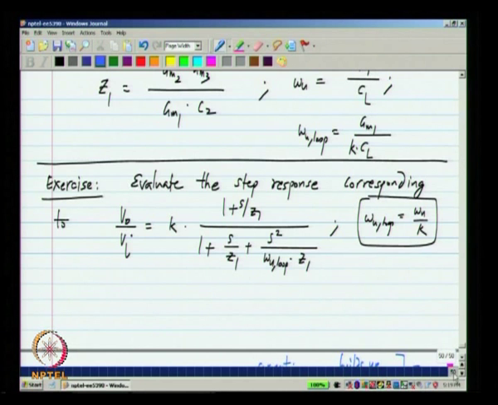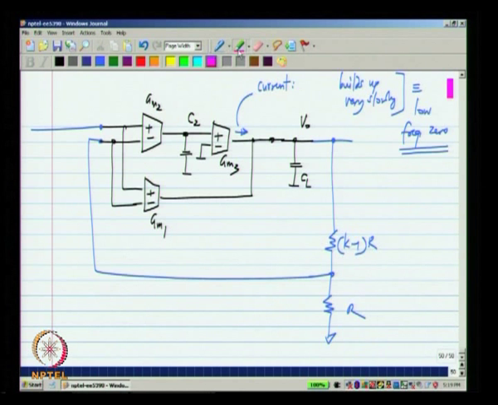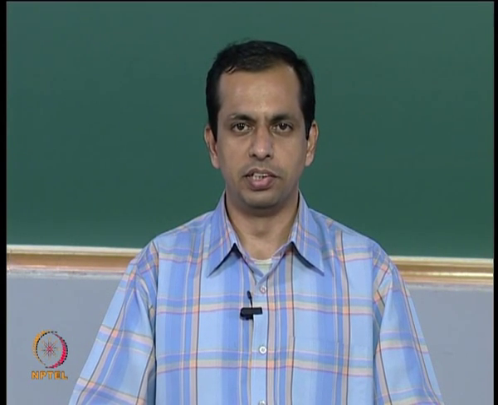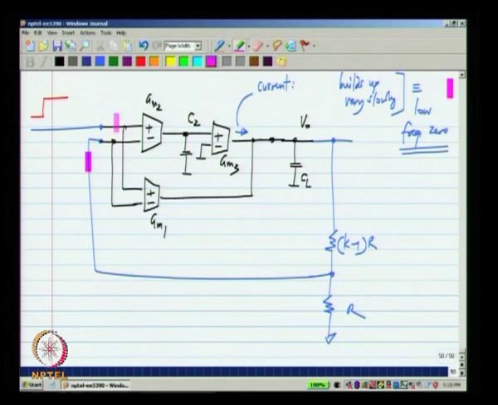Now, what is the effect of that? So, that means that let us say I apply a step input to this one. Now, initially the output voltage is at some value and it will not change instantaneously because it is across a capacitor. So, the voltage here, the feedback voltage will not change instantaneously. This is a phenomenon we have examined earlier. Even with an integrator, if you apply a step to the input, the output does not change instantaneously, but it starts ramping up.